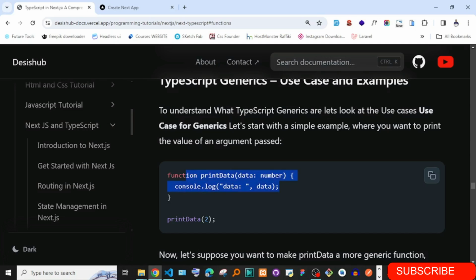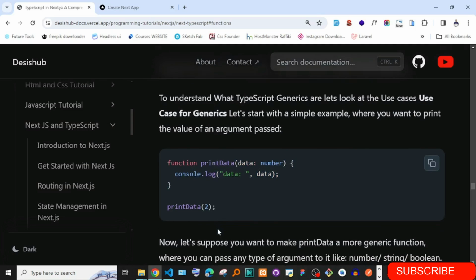If we print 2, it will go ahead and console.log the data. Just understand this function. We pass in the data, in this case as a number, and it logs it.